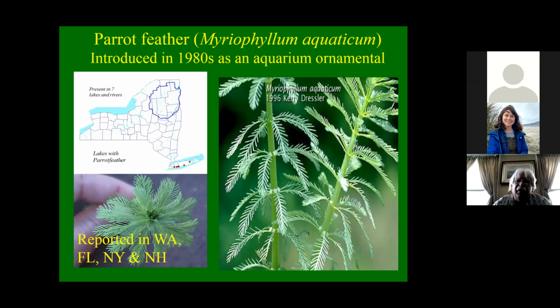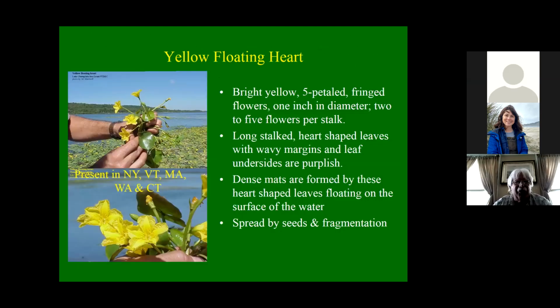Another relatively uncommon invasive species is called the yellow floating heart. This is a pretty showy plant. At the moment, it's only present in Lake Champlain in a limited number of spaces. Much like the European floating heart, the leaves are heart-shaped. These are a little bit bigger, approaching the size of a lily pad-sized leaf, and it has these very dramatic yellow flowers, which are fairly easy to tell because none of our native species have anything that is quite this dramatic,